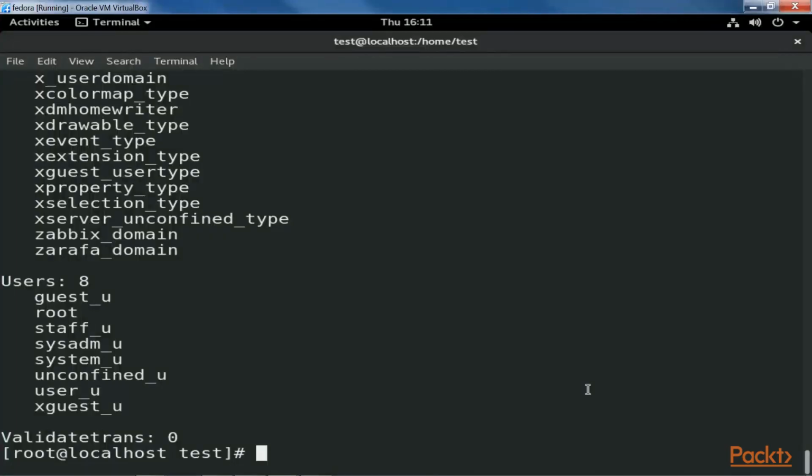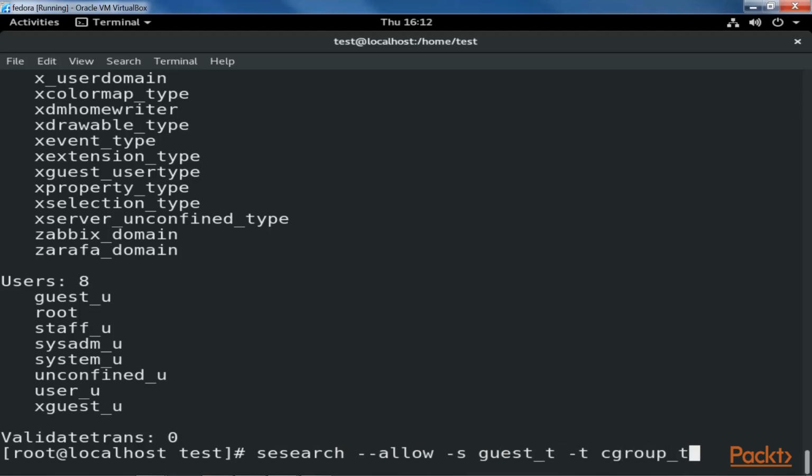Now let's move on to learn about querying allow rules. The first set of rules are the allow rules, which provide type enforcement to allow a source domain to take a type of action against a target resource, assuming the resource class matches. Type the command sesearch --allow -s guest